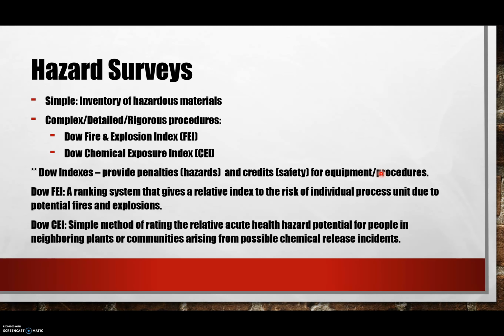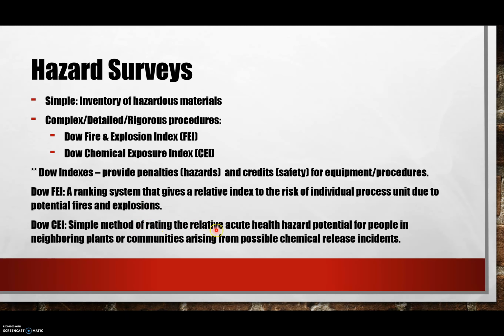So what is FEI? It's a ranking system that has an index for the risk of individual process units. Because it is a fire and explosion index, this system identifies which equipment has the potential for fires and explosions. While the chemical exposure index is a simple method which has an index